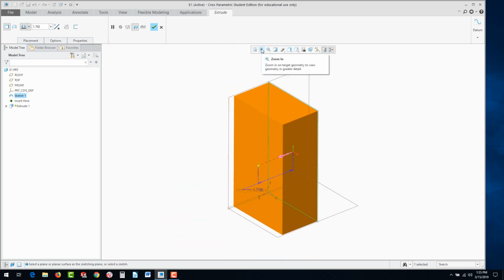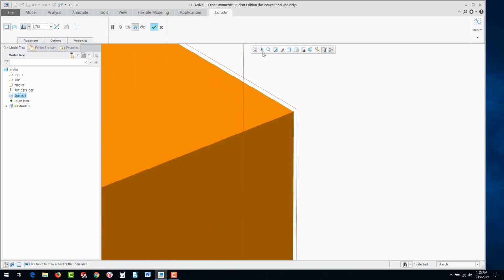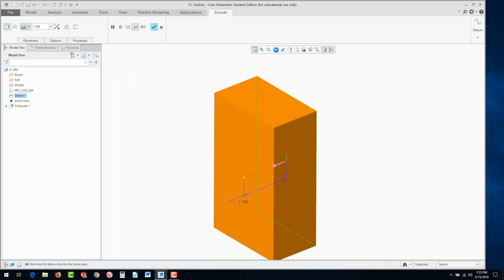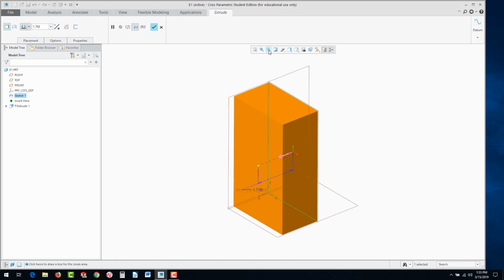Here we have the ability to zoom in and out, so you could click and drag a fence to surround a specific area. You have to click twice for that one. And then there's a refresh, there's a zoom out. Okay, and also we have display style. We could go to wireframe,